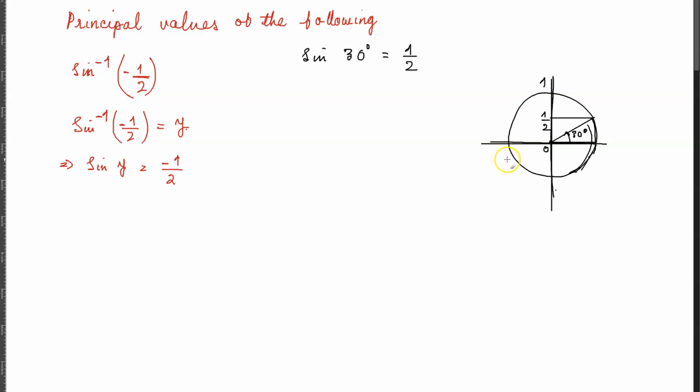Now, what that means is that the possible angles in the unit circle that could have the same trigonometric ratio for sine is basically if I drew an angle over here, and if I come 30 degrees over here, if this angle is 30 degrees,